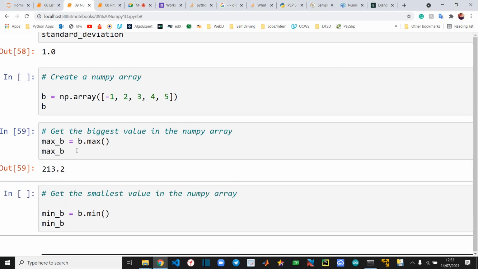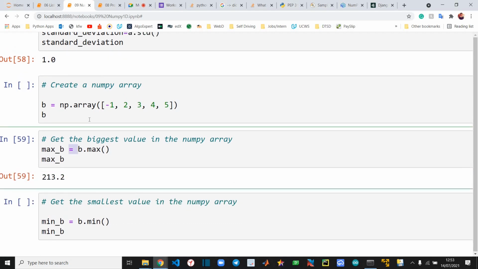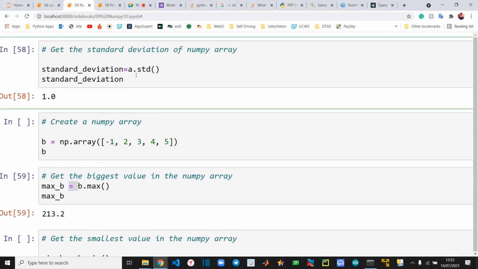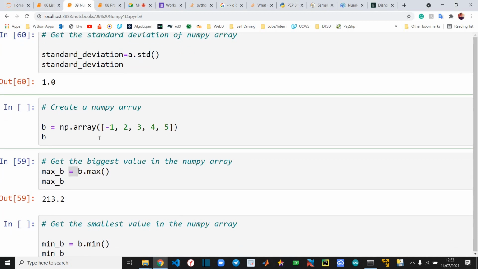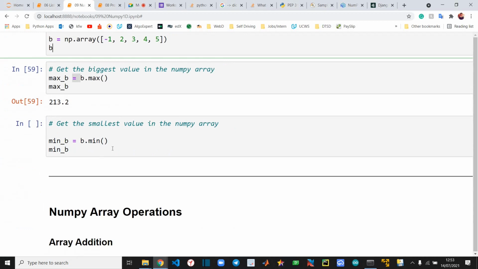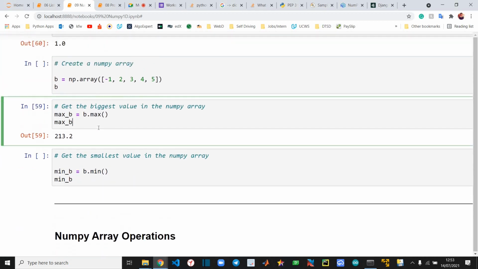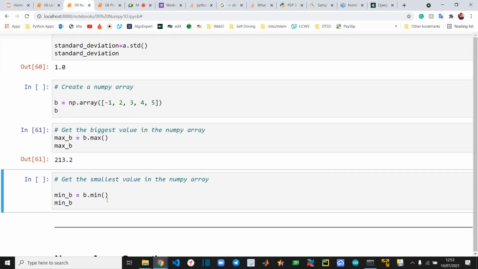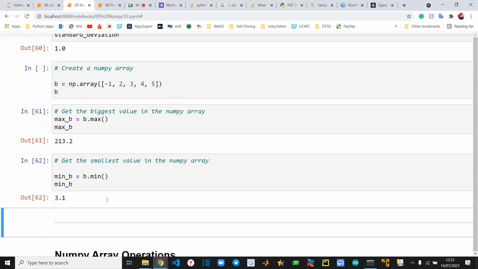You can find the max, and the standard deviation of data. You can see how easily you can do this. If you are working with probability, or with some sensor data, these things can come really handy. Okay, you can find out the max element, you can find out the minimum element.